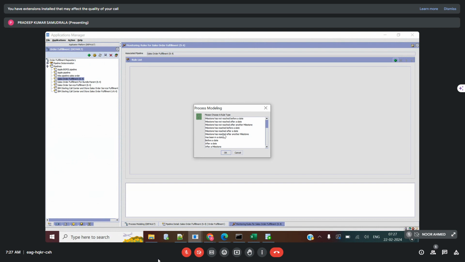It is asking to choose a rule type. What kind of rule do you want? Milestone has not reached before a date. Milestone has not reached after a date. What is meant by this milestone? As I was explaining in the beginning, my order has to reach my home by February 25th. That is a normal order flow. If it has to reach by February 25th or 26th to my home,